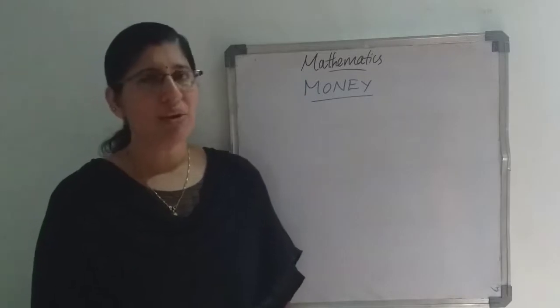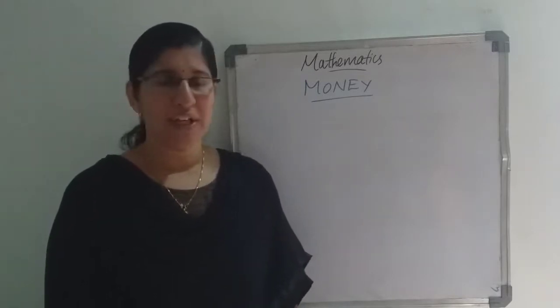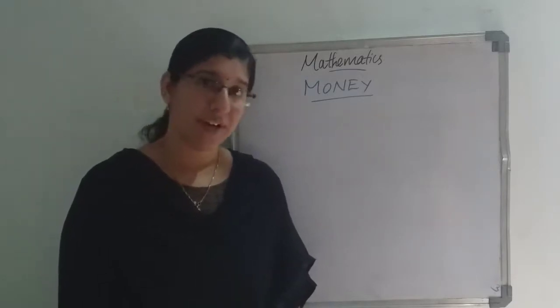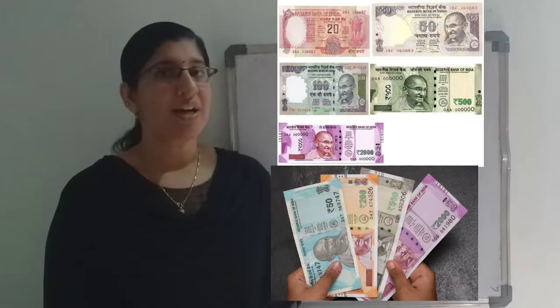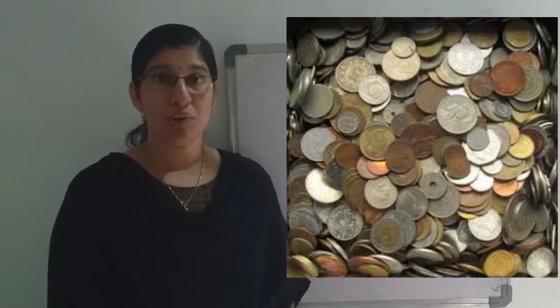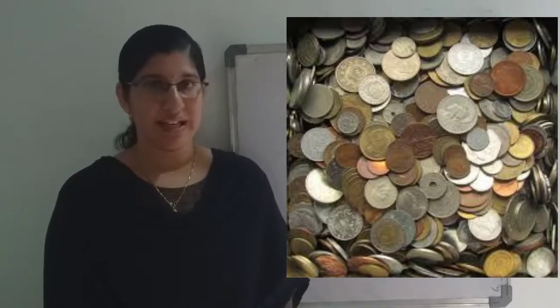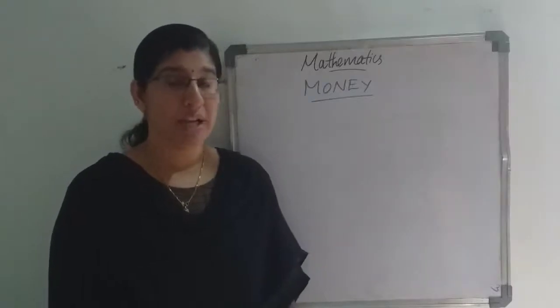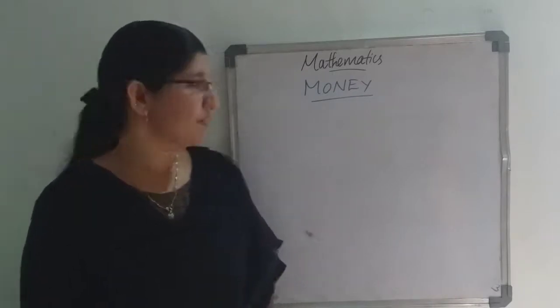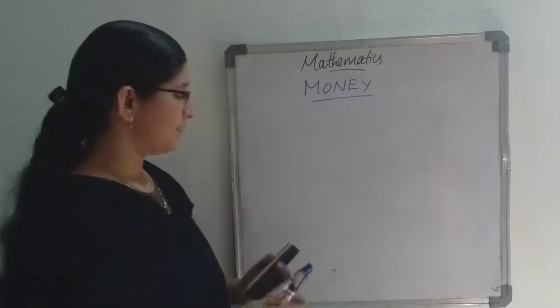Money. I think you all know the different types of rupees and paise. Have you seen the 2000 rupees, 500 rupees, 200 rupees, 100 rupees, 50, 20, 10 rupees notes? And I think you have already seen some coins also: 1 rupee coin, 2 rupees coin, 5 rupees coin, isn't it? If anybody has not seen them, please ask your parents to show you the different types of rupees and paise and coins also. Okay, so let's move to our chapter, money.